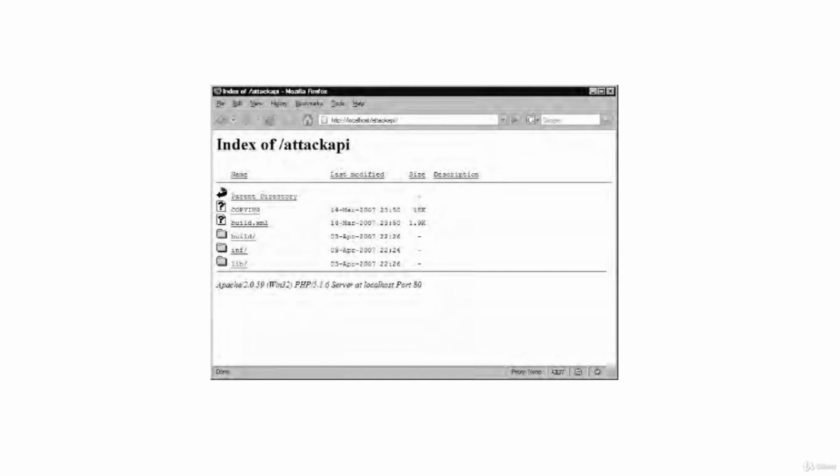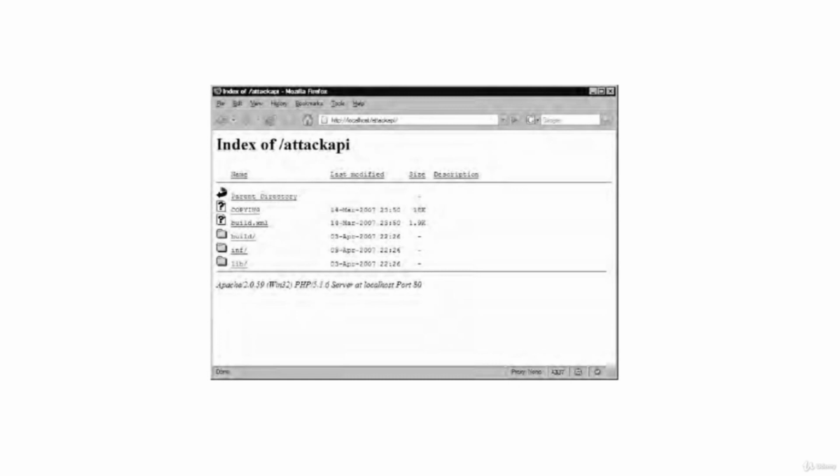Before we start delving into Attack API subroutines, we need to do some preparation. First, download a copy of the library and prepare a testing environment where you can develop most of the examples. Next, download the Attack API package from GNU Citizen and extract its content somewhere in your web server root folder.